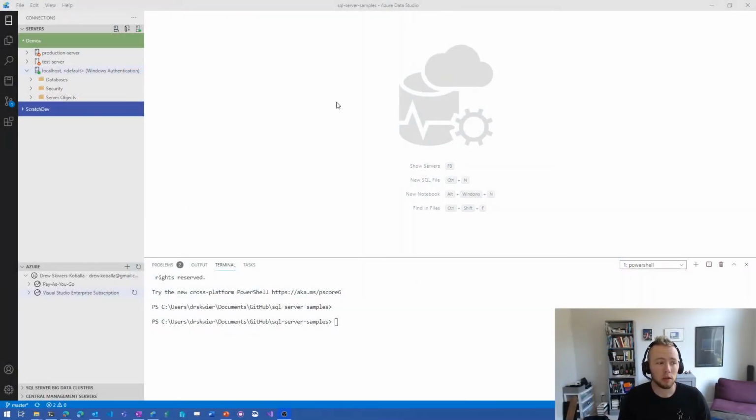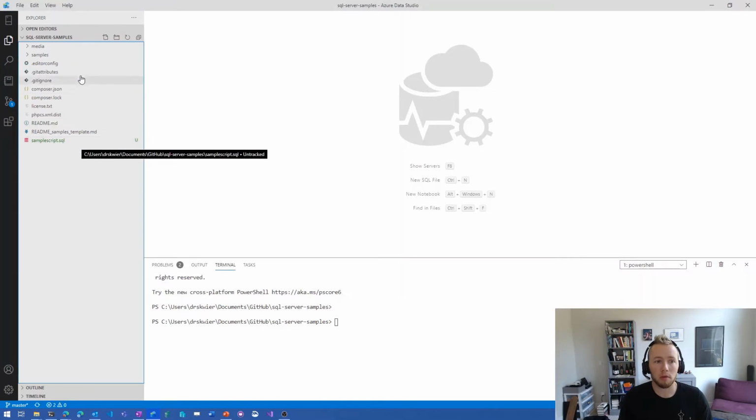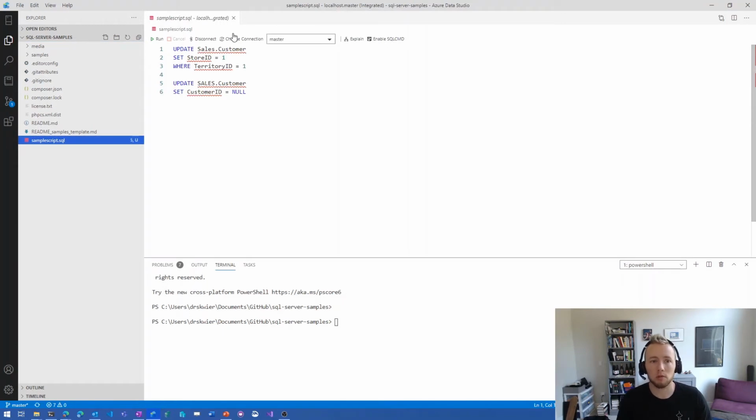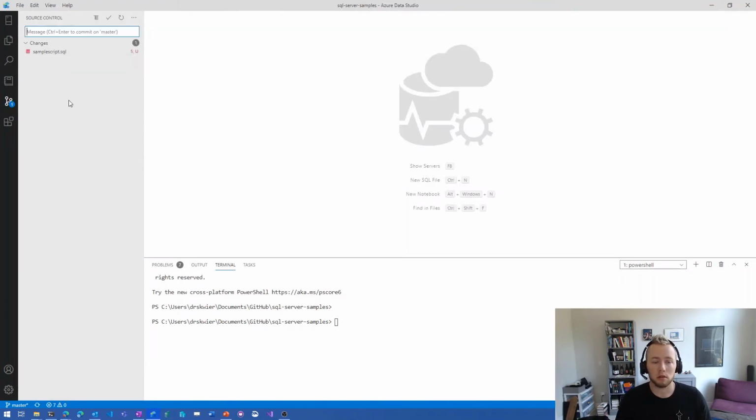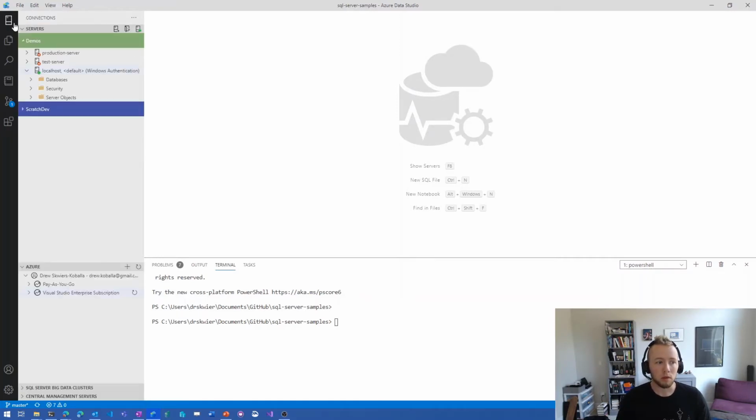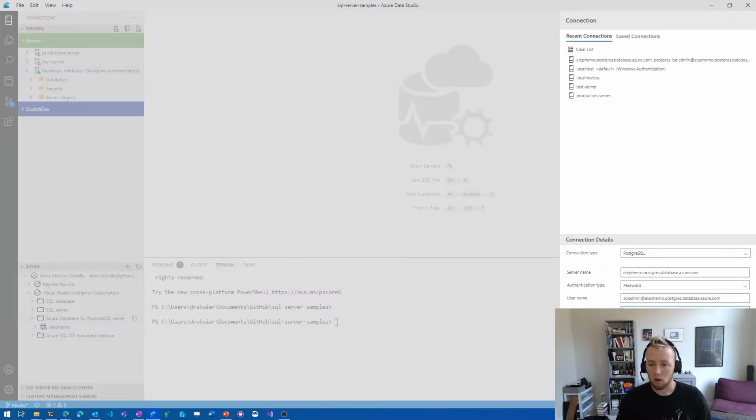We're going to take a look at a few key interface features within Azure Data Studio. The first is the integrated source control capability, where if you have a folder that's been opened that's tracked in source control, any changes, for example, this script that we've added, can then be easily committed and tracked within the source control pane there. Beyond the ease of source control use, the connections pane is extended to include an Azure Resource Explorer, which allows us to dig right into any SQL-related resources that we have in Azure. So whether it's a SQL database, a SQL Server, or even a PostgreSQL instance, we can quickly find and even open the connection